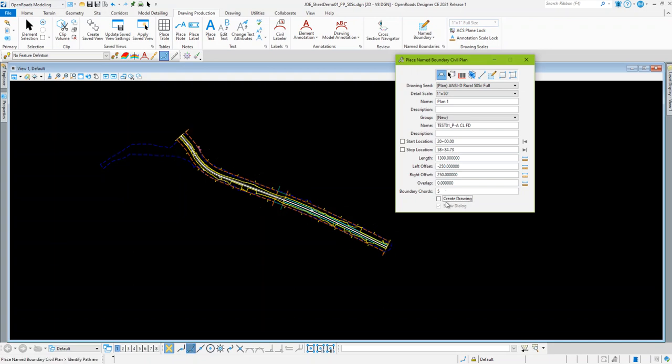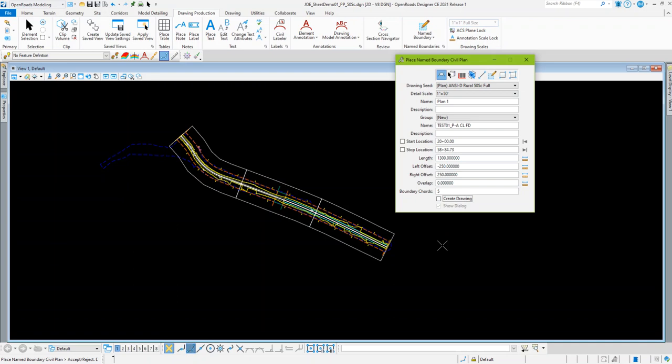So I typically say keep this off no matter what type of drawing you're doing, because you can go back if you make a mistake. It's much easier to fix this way. All right, so I'm going to go ahead and left click to place this, and again, for plan and profile, you have to have this off for the plan and profiles when you're placing the plan name boundaries,